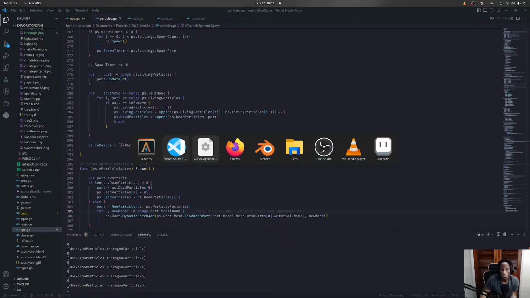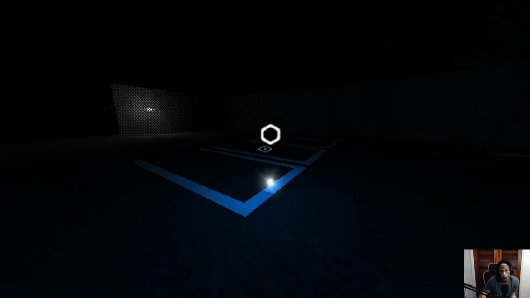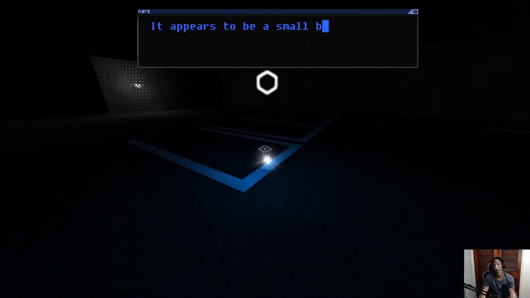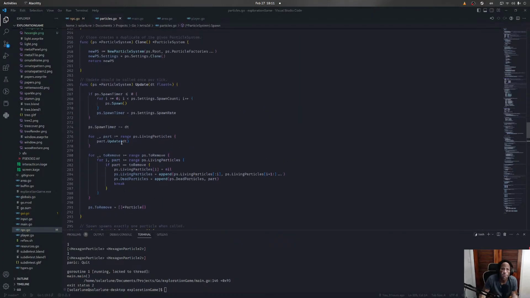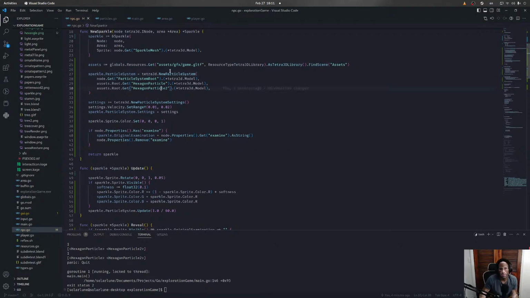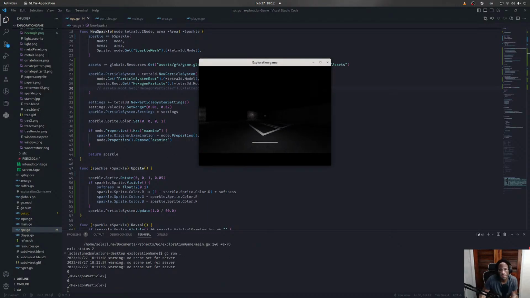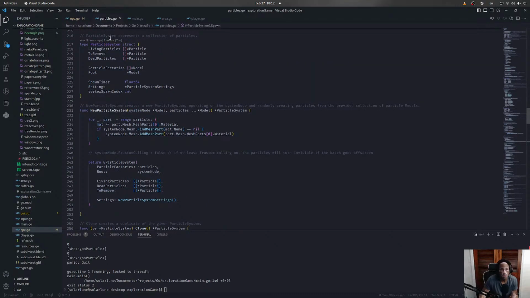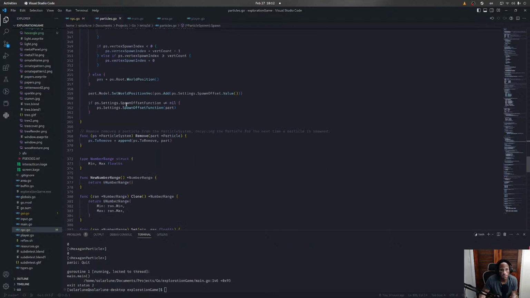Huh. How are they even being rendered? Oh, they're not in the tree. Yeah, okay. Why is it only rendering that one particle? Okay, let's do something real quick. Let's break this down. Let's say we don't use the second particle. Is it the first one? Yes. Okay. When a particle re-inits,